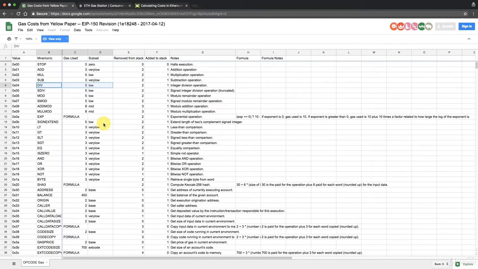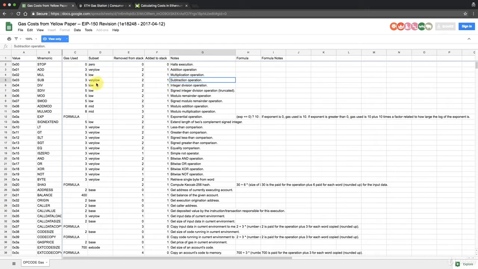So there's a list of costs, or like a table of costs, and this is like the official information from Ethereum. Here they specify how many gas units it costs to run an operation. For example, to run an addition operation, it costs 3 units of gas. To run a multiplication operation costs 5 units of gas. It's more expensive to run a multiplication operation because it's more computationally heavy.